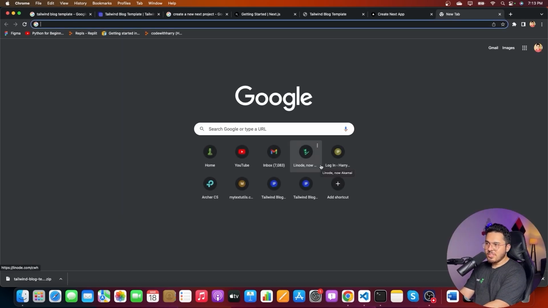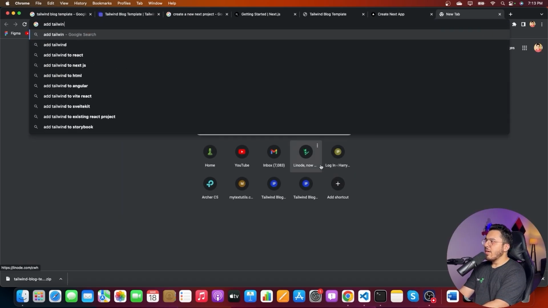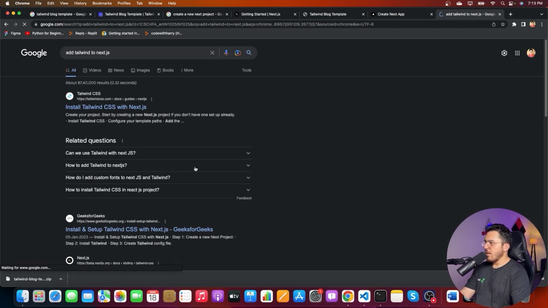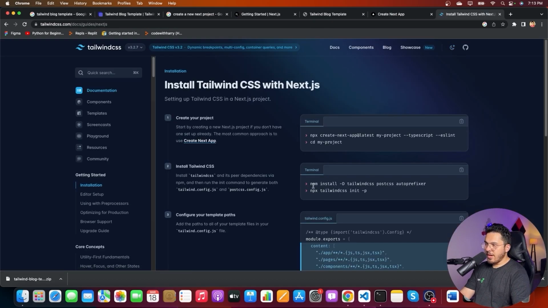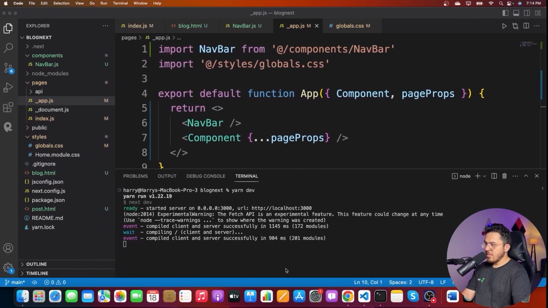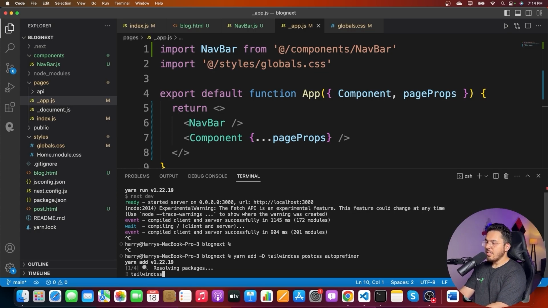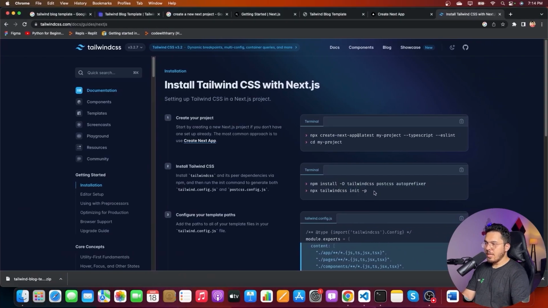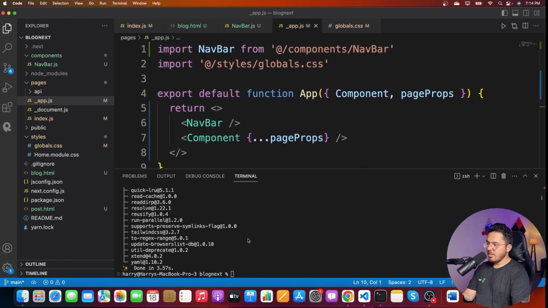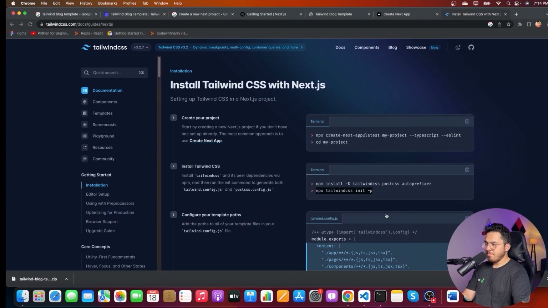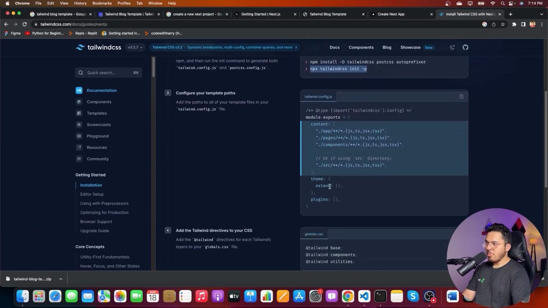So let me add Tailwind CSS to my project. Add Tailwind to Next.js. You'll find the instructions to add Tailwind CSS to your project. Instead of saying npm install, I'm going to say yarn add. So you can either use npm install or you can use yarn add. So I'll say yarn add. And in the meantime, I'll copy the next command and I will paste it. And then I will copy this thing,